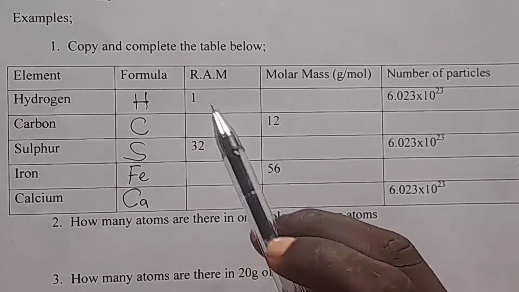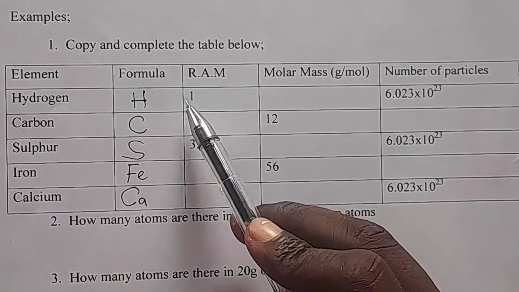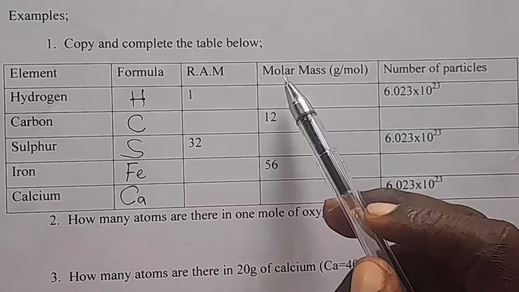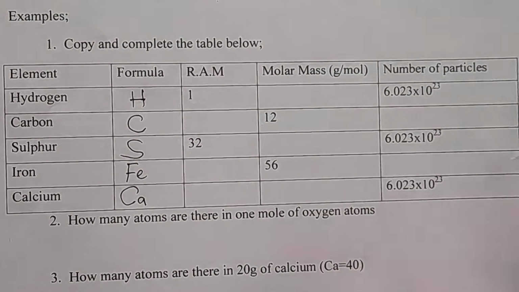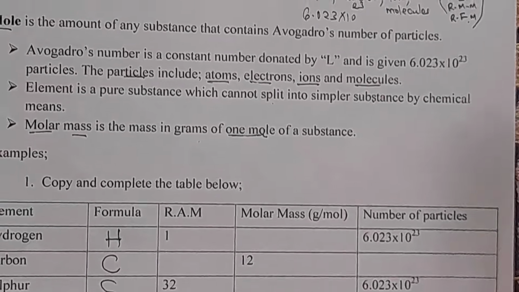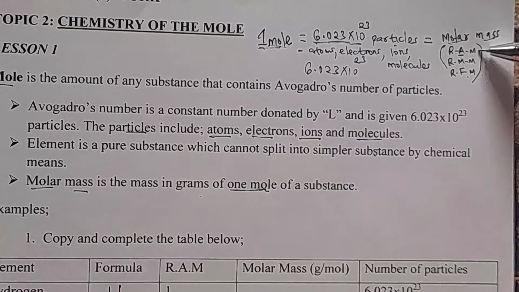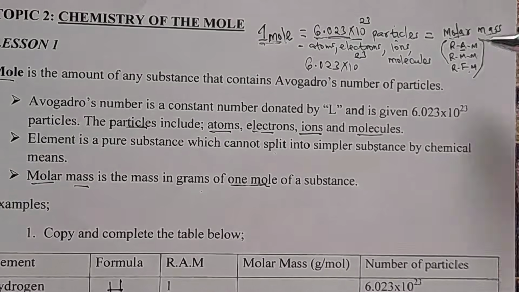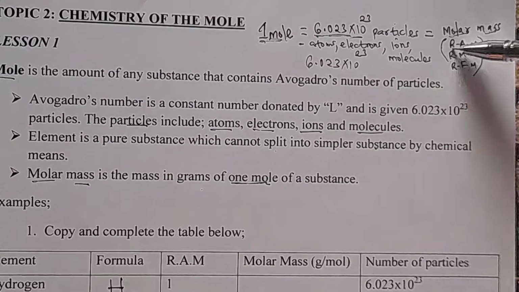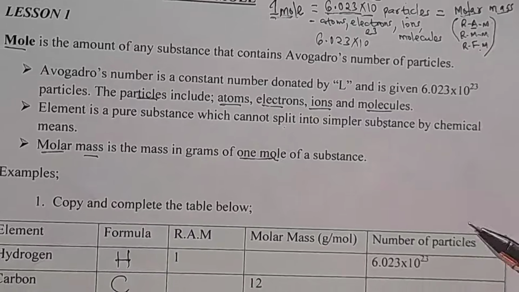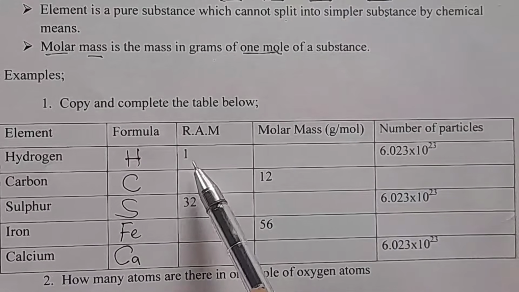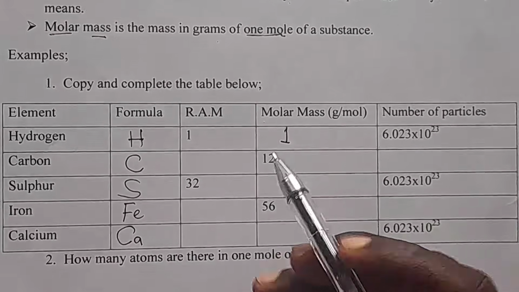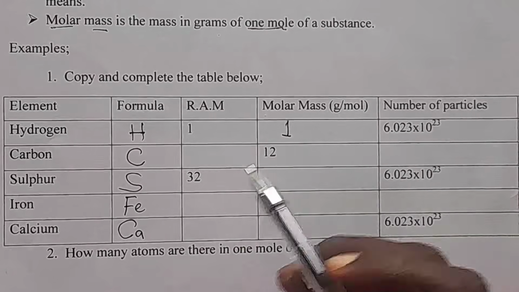Okay, thereafter, we are given the relative atomic mass of hydrogen. We are told it's 1. Then that of carbon, we don't know. But remember, when you talk about molar mass, you are dealing with the relative atomic mass, relative molecular mass, or relative formula mass. So if I have molar mass, that means I have relative atomic mass, and if I have relative atomic mass, that means I have the molar mass. So if the relative atomic mass of hydrogen is 1, that means the molar mass of hydrogen is also 1. Then here I have the molar mass as 12 in the side of carbon,